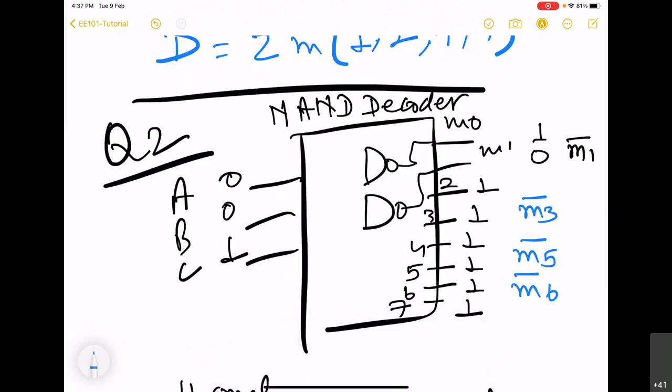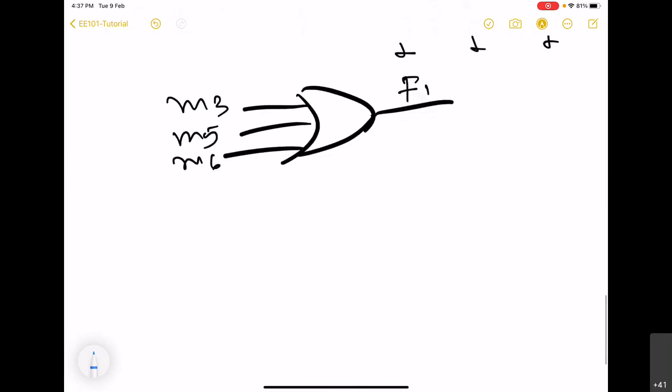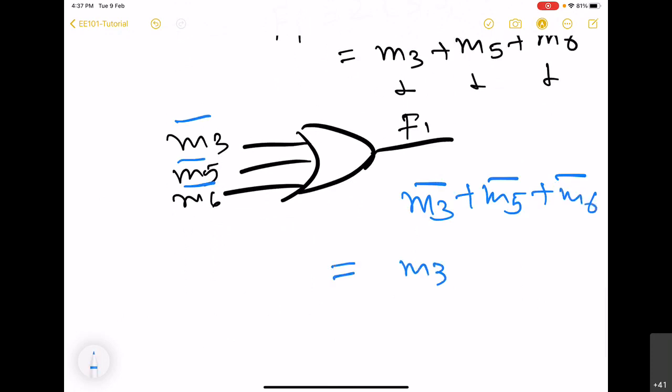This is what is available to us. Now if we put this bar version simply in this gate, it will be M3 bar plus M5 bar plus M6 bar. This can be written as M3, M5, M6 whole bar.